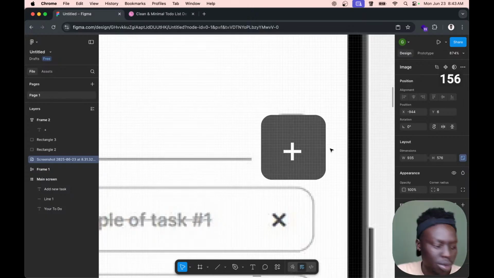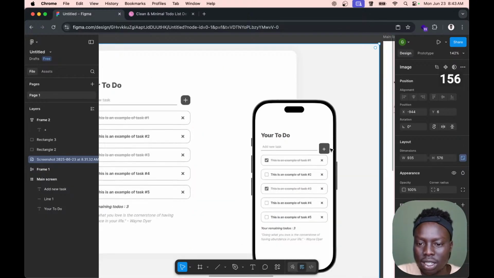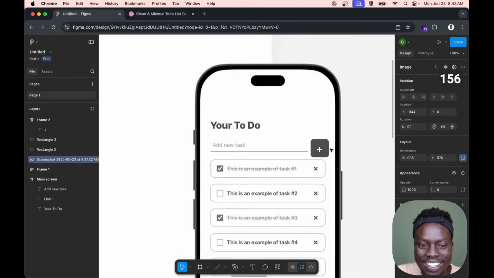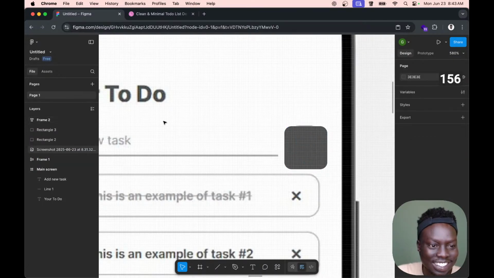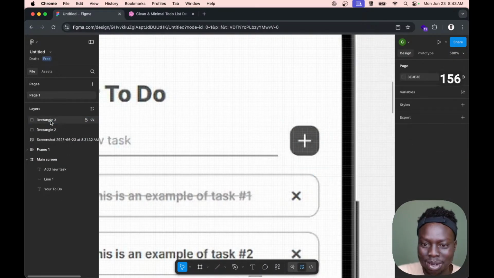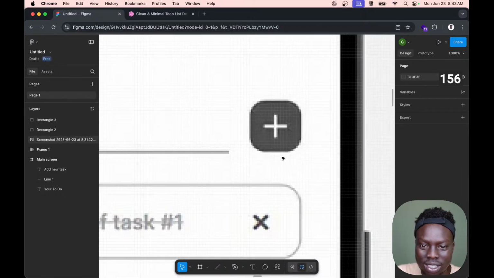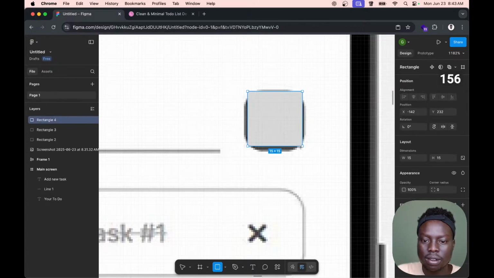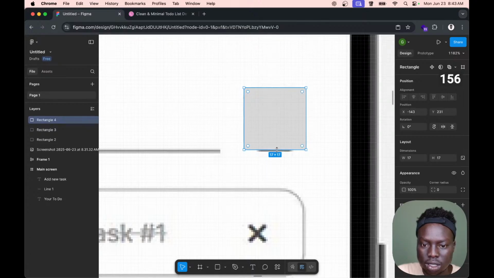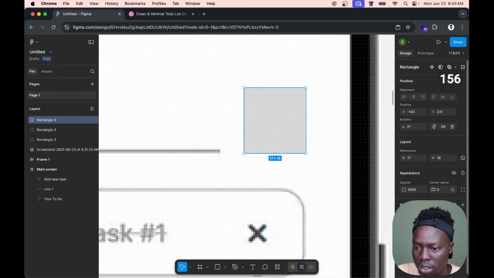Alright, no problem. I think it looks good to me like that. Oh, but it doesn't look the same as that. So let's just delete this. Let's do it again from scratch. So we're gonna come here and we're gonna draw this. Hold on, we're gonna get a rectangle. I'm gonna draw this. Let's just match this. Alright, I'm gonna match that and then we're gonna give it like,